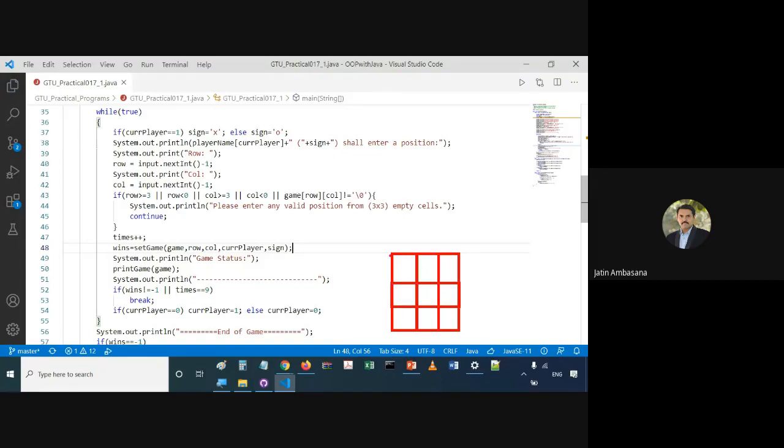The game is something like this, where this is the scenario.